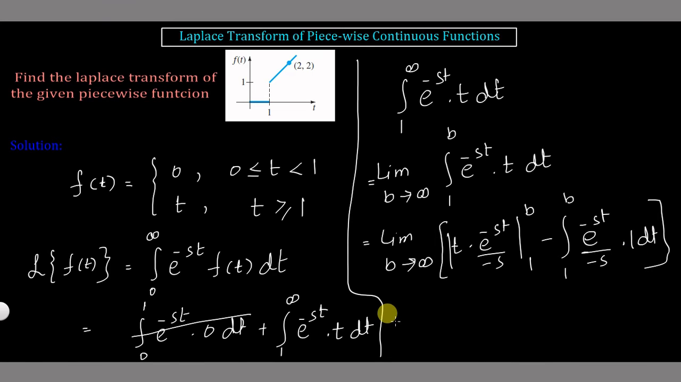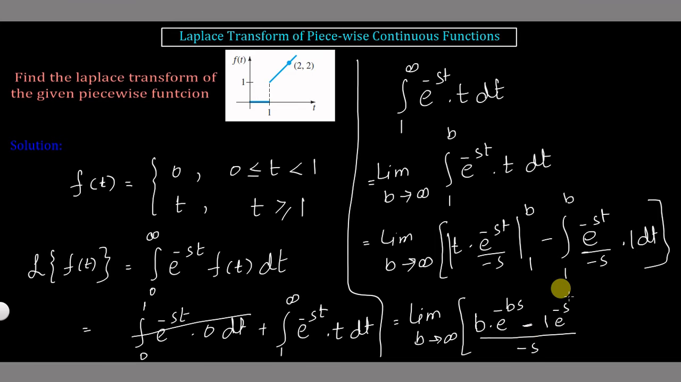Now what we will do, actually this is limit b approaches infinity. What is the purpose of taking a limit over here? Because sometimes we need to solve this type of expression. If we apply b dot e raised to the power minus bs, minus, and then we apply 1, e raised to the power minus s divided by minus s, and this bracket